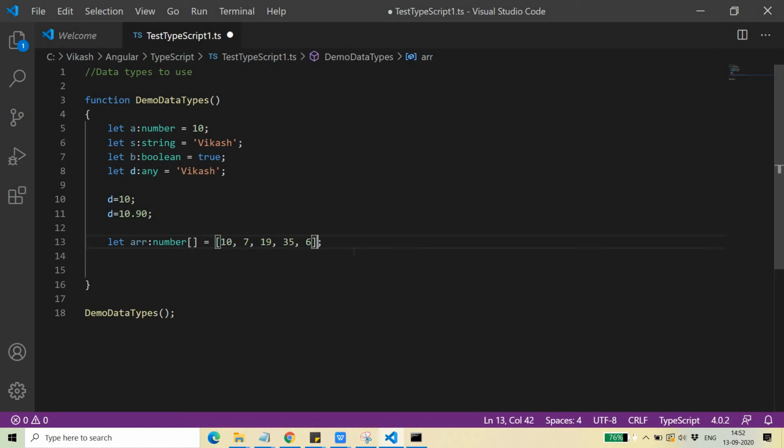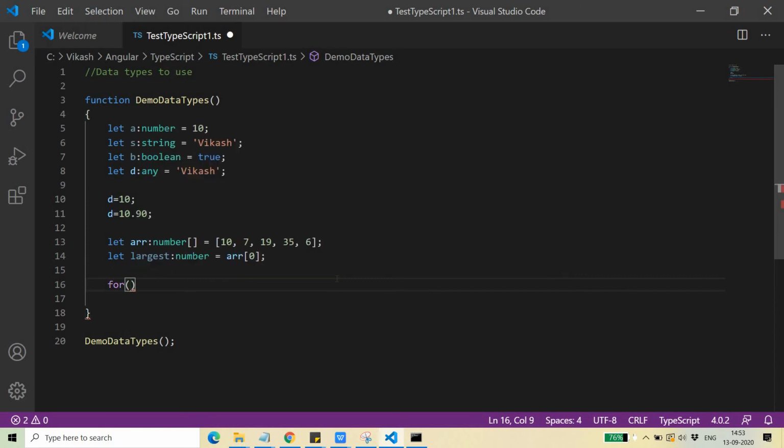So I need to find the first largest element, the only largest element in this array. So I will do something like let largest, and the type is number, is equal to arr[0]. I have given an initial value to this.